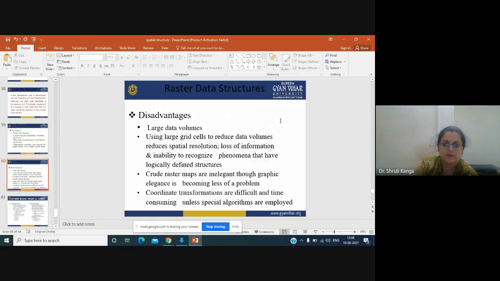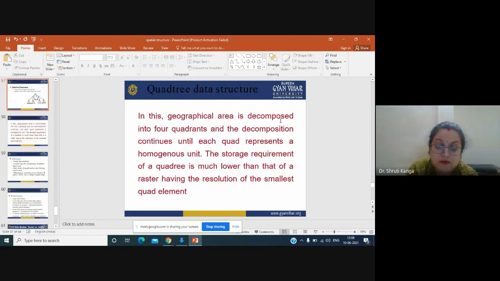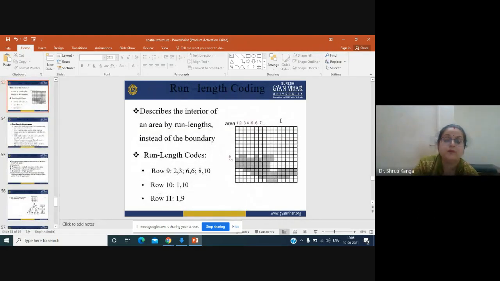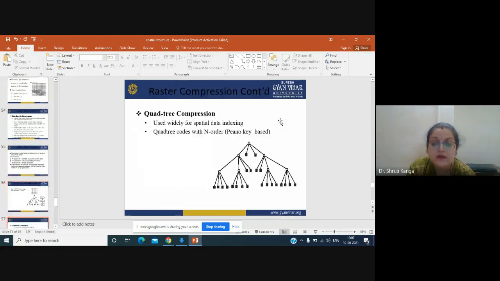Clear? Now the disadvantages, as you have seen while we were talking about pixel by pixel coding. Each pixel in each row we have to store, so that means a lot of data has to be stored.